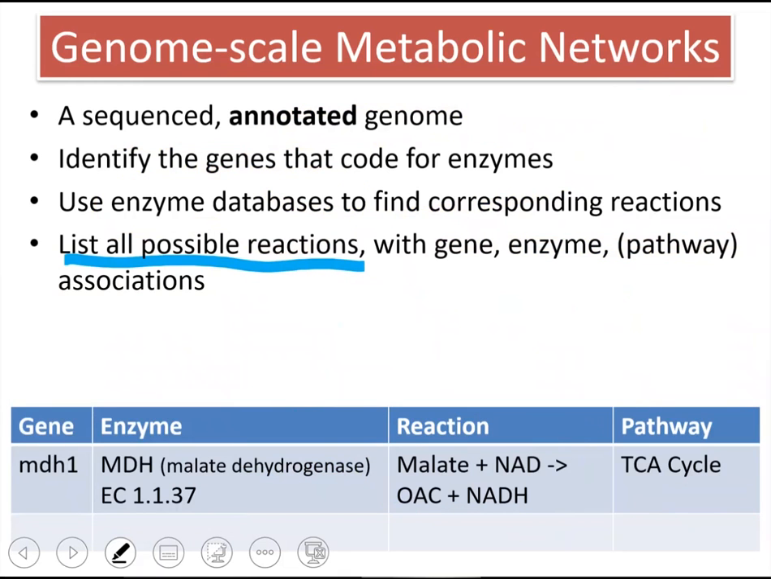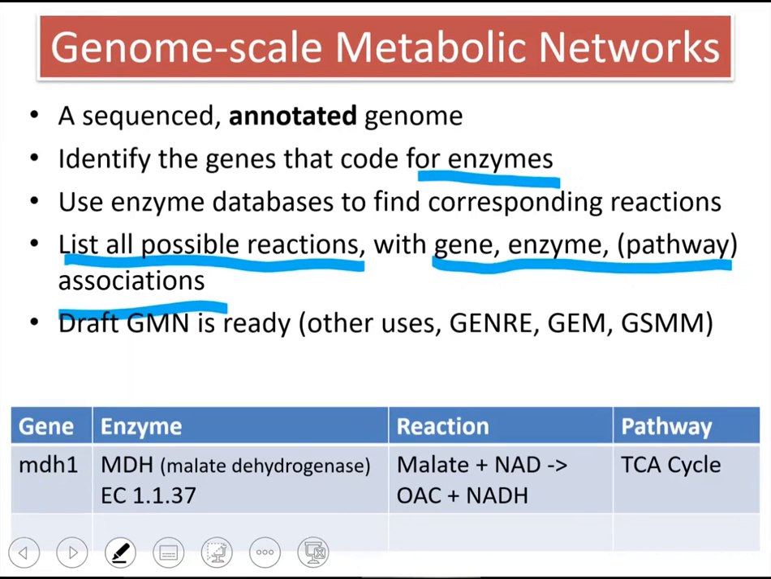By using the genes available in the genome, those that code for enzymes, at the end, you will have the list of all possible reactions in that organism with their gene, enzyme, and pathway associations. This is referred to as a draft genome-scale metabolic network because you need to do some additional revisions to make it